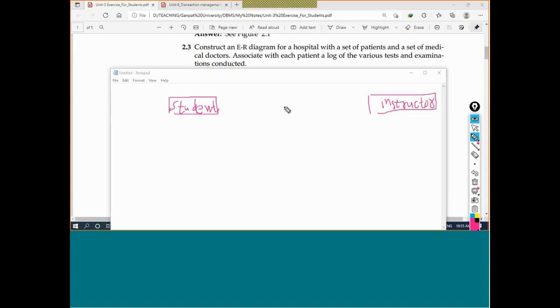We will consider course offering between them, because the instructor will teach the course if the course is offered. इंस्ट्रक्टर तभी कोर्स पढ़ाएगा ना जब कोर्स ऑफर किया गया है, ठीक है. So course offering is actually associated with the course, okay.